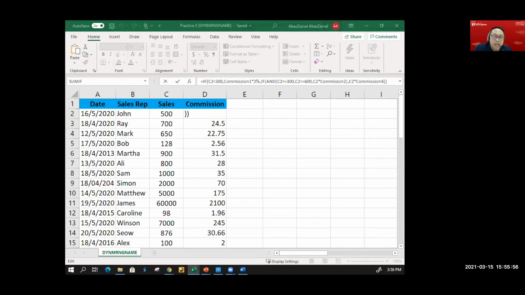Let's say, for example, I change C2, which refers to cell number 2, to sales. Observe here. If I were to do this, sales, I'm putting it in the chat right now.